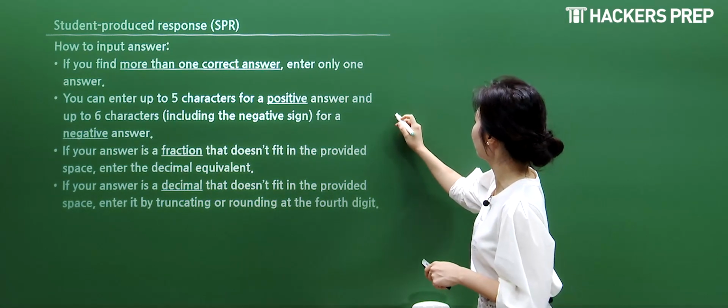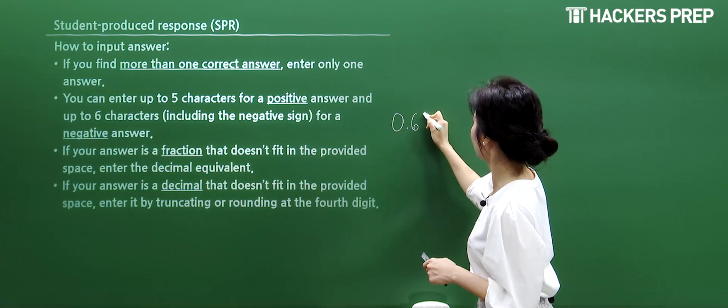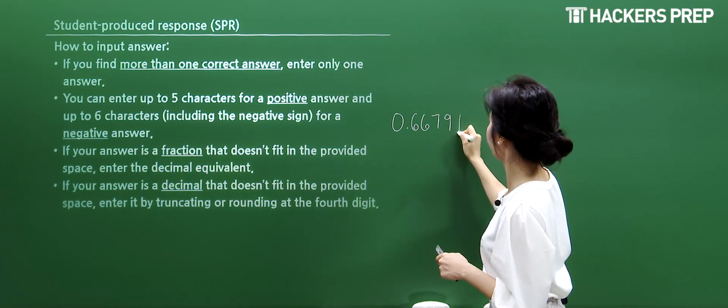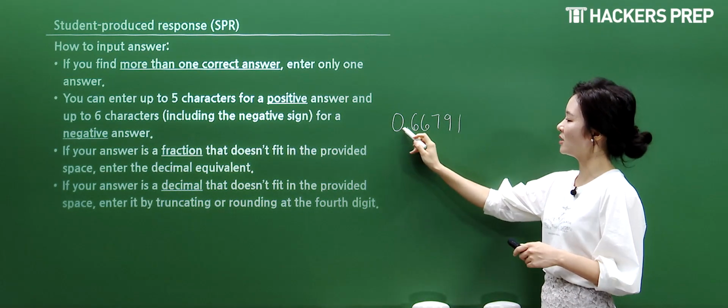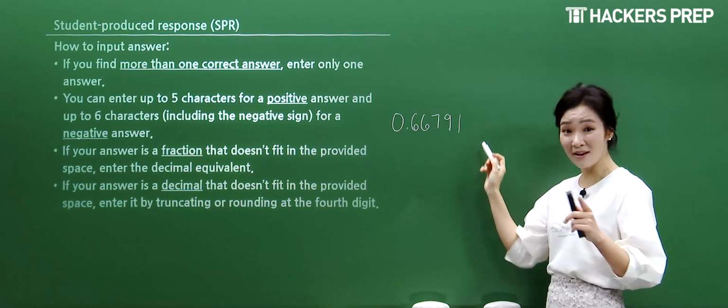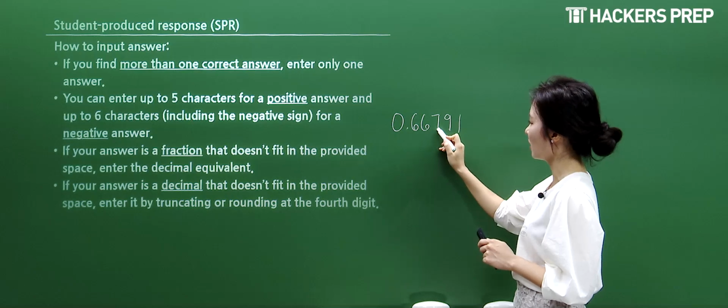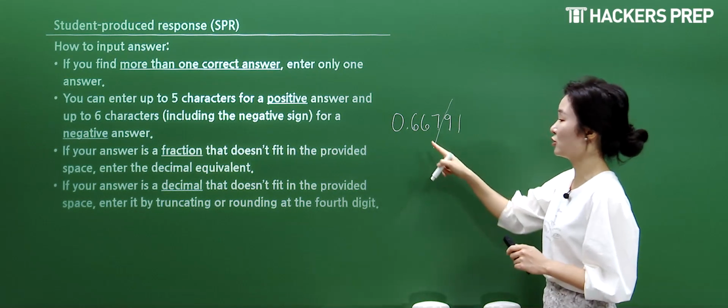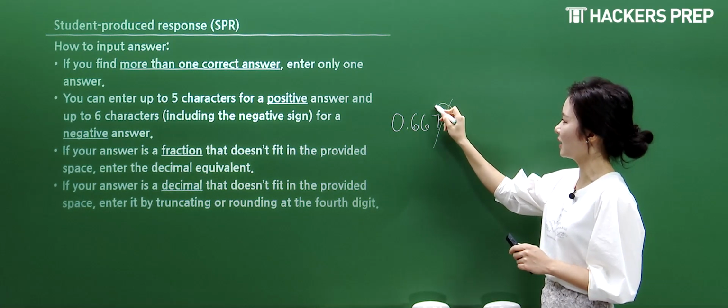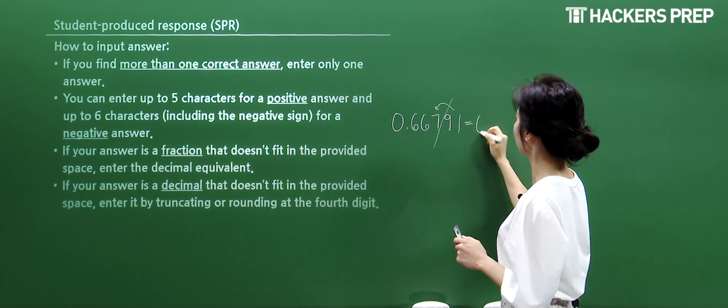So in this case, that's already 1, 2, 3, 4, 5, 6, 7 characters. The 4th digit would be 1, 2, 3, 4. So you would truncate it there, but make sure to round, right? So then this would be equivalent to